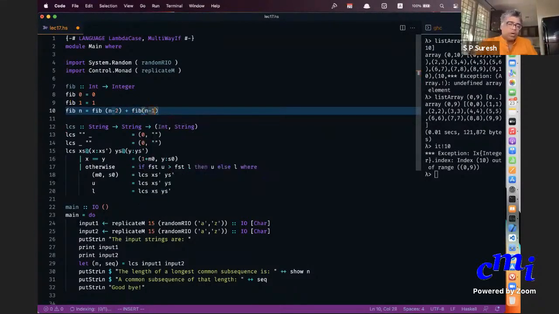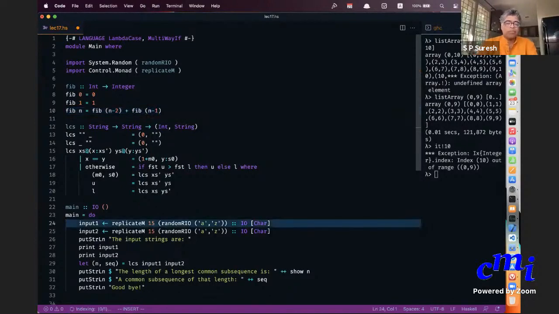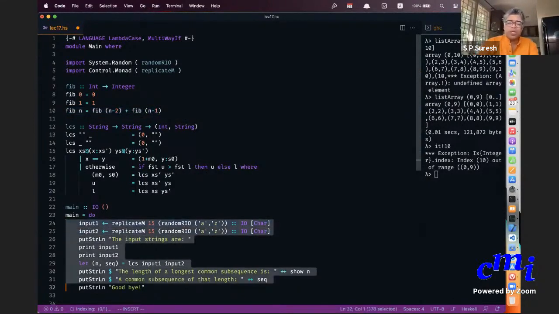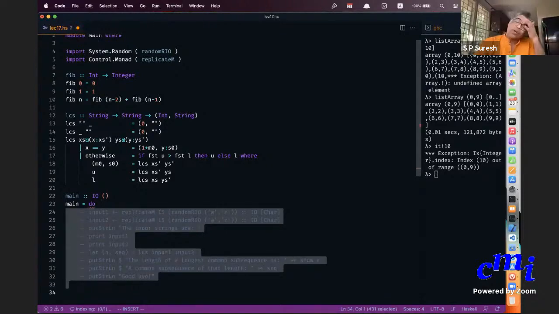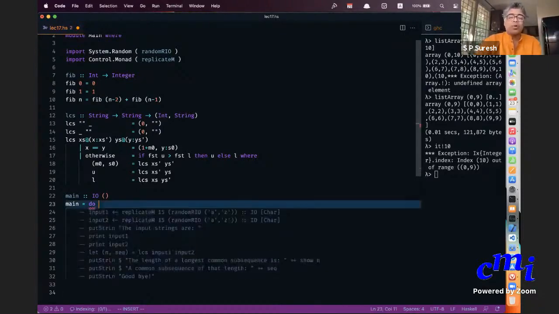Okay, this is it. I'll also do some things with main, which I have not yet explained, but I'll explain in due course. You don't need to worry. I want to read an integer.